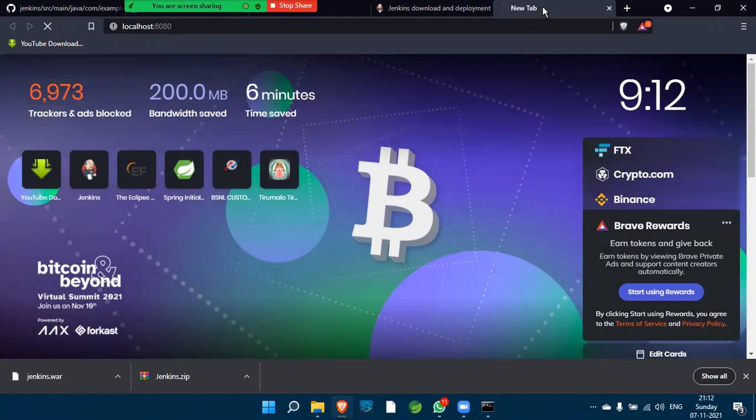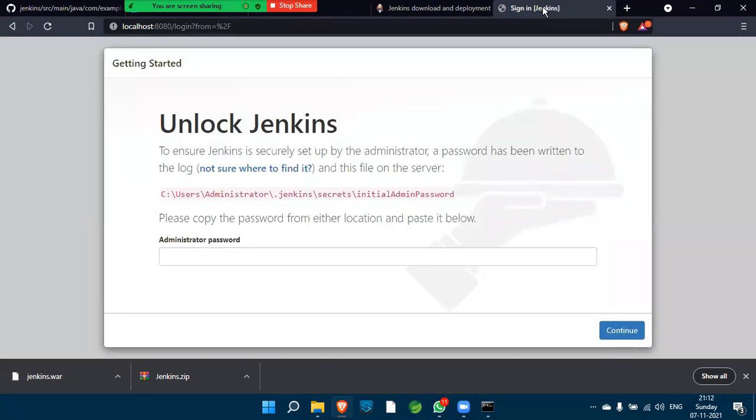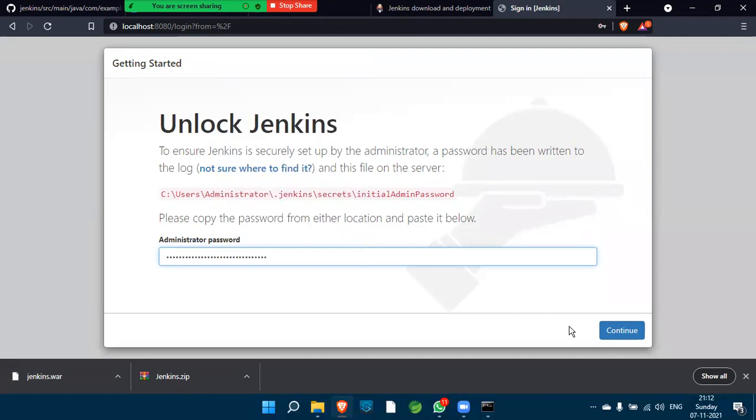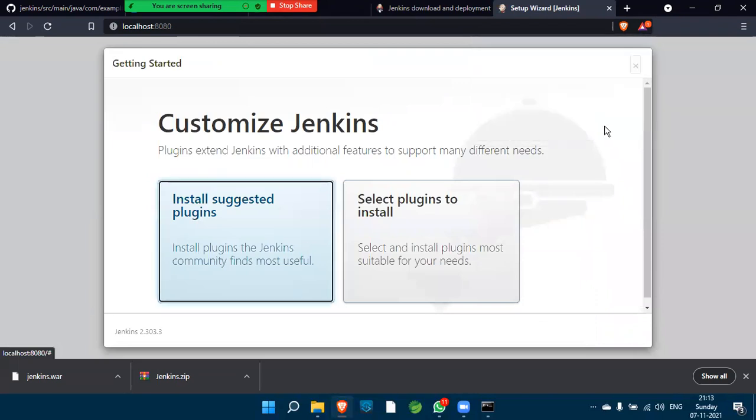It's running. Please enter the password here. Paste the password here. After that, click on continue. Everyone, click on continue. See here, customize Jenkins.